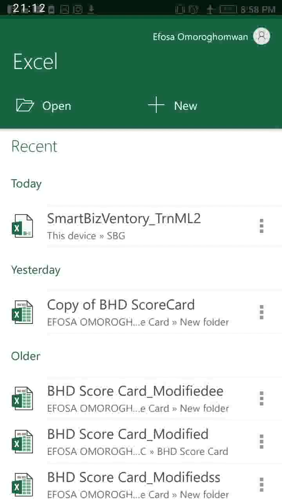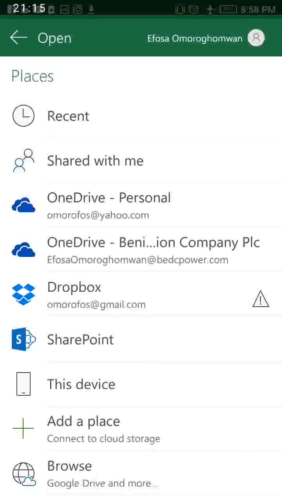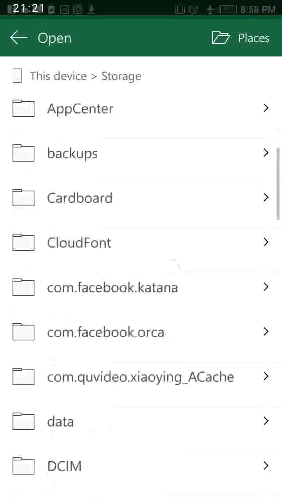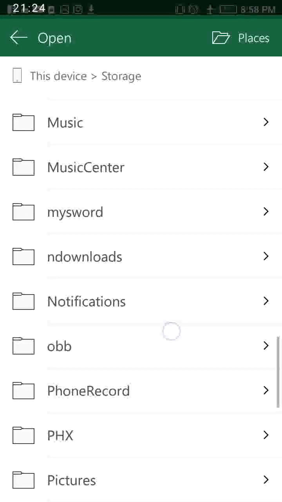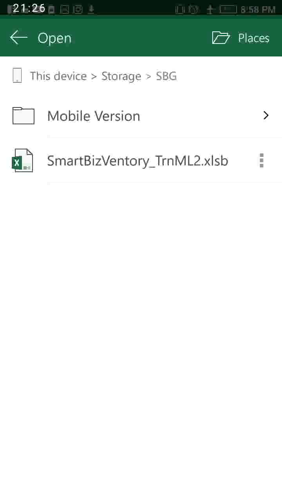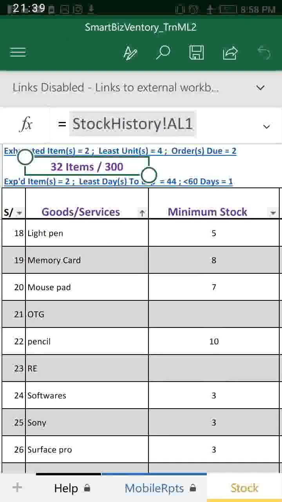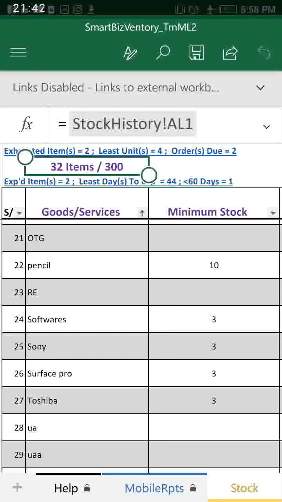When you want to open this program, you want to run it, you navigate to where the file is in your database. I know it's in SBG here, and this is the file. This is how you run it. If you try to click on it from your file manager, it's not likely to work. But you run it through this method I just showed you. Then